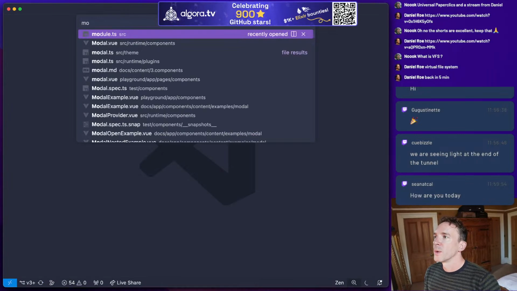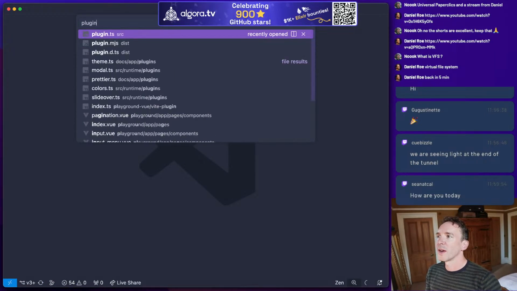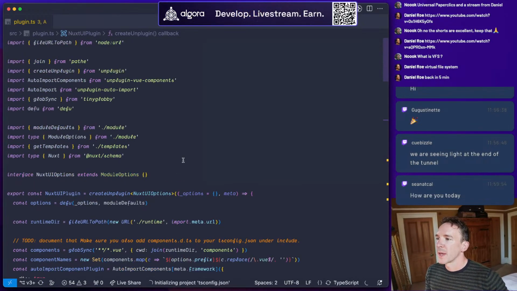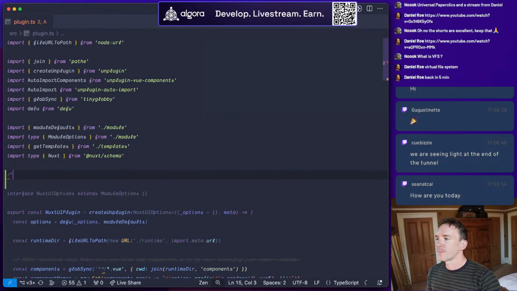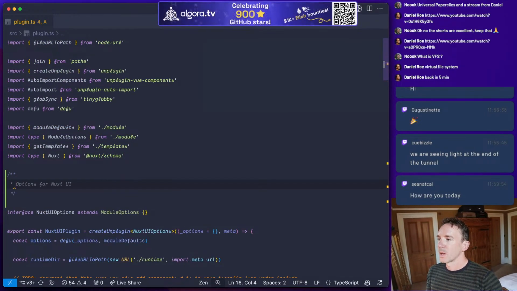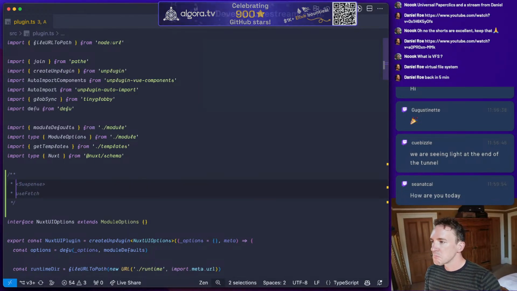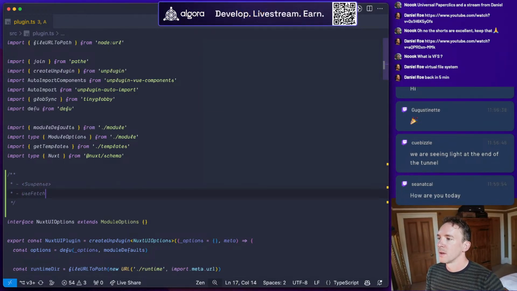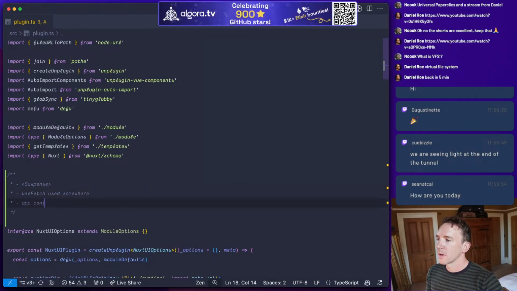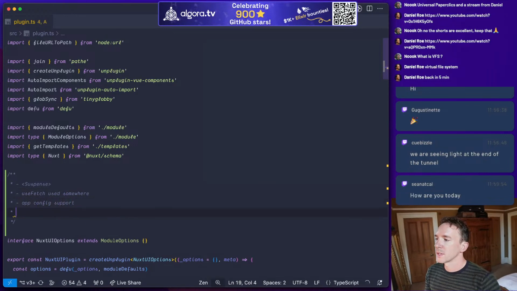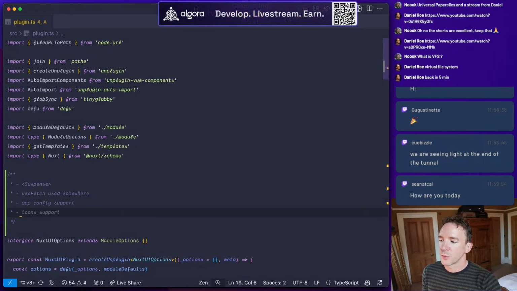Okay, so we are going to have to write ourselves some to-dos. We need suspense, useFetch, use somewhere. Oh, and we also need to add app config, proper app config support, not just the stub. And what else do we need to do?